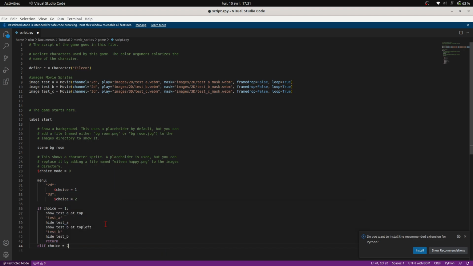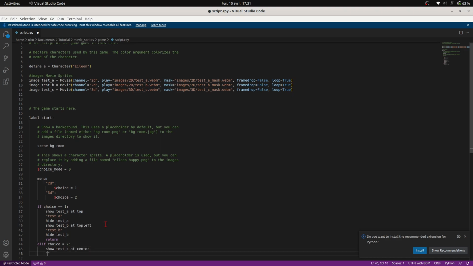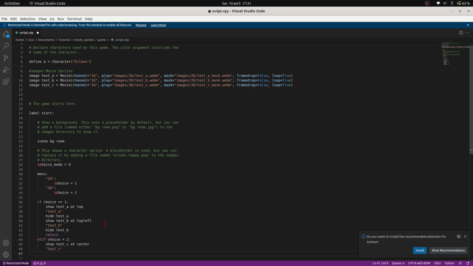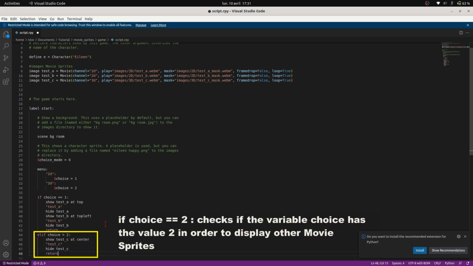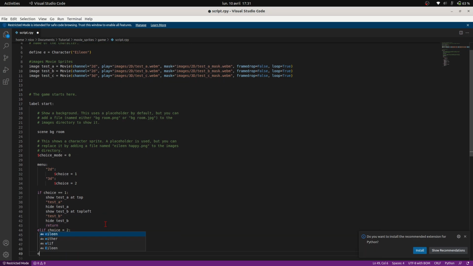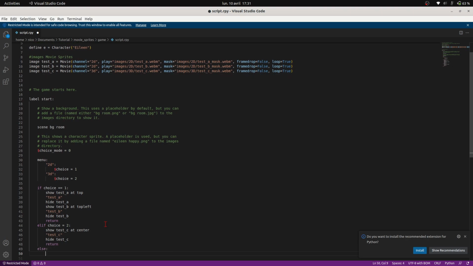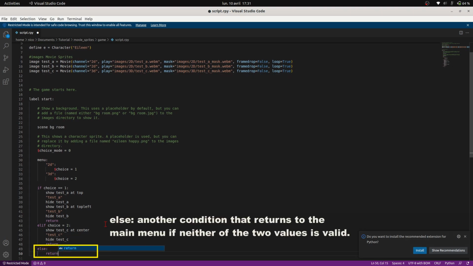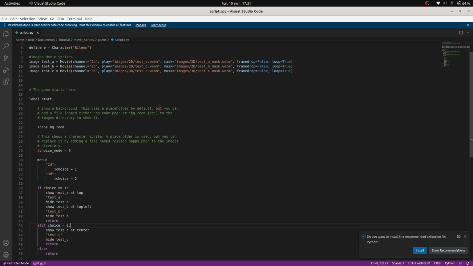I will also write another condition if the value of the variable is different in order to display the last animation. Finally, I will write a condition that will return to the main menu if the value of the variable is not validated in the first two conditions.